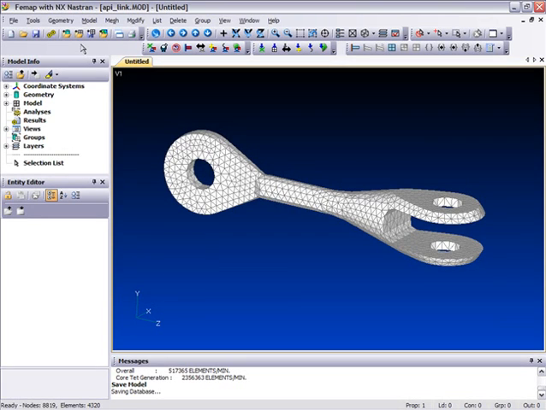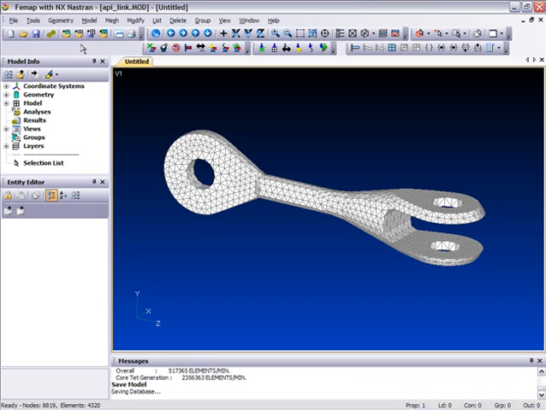So let's take a look at using one of the Visual Basic programs that's actually delivered with FEMAP. I've gone into another model database here that contains a fairly simple solid model of a link, and what I would like to do is perhaps add a load or constraint to the hole in the lug on the left